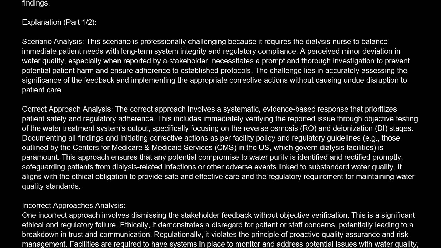One incorrect approach involves dismissing the stakeholder feedback without objective verification. This is a significant ethical and regulatory failure. Ethically, it demonstrates a disregard for patient or staff concerns, potentially leading to a breakdown in trust and communication. Regulationally, it violates the principle of proactive quality assurance and risk management. Facilities are required to have systems in place to monitor and address potential issues with water quality, and ignoring feedback